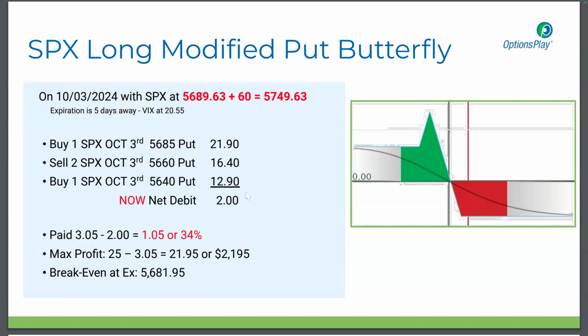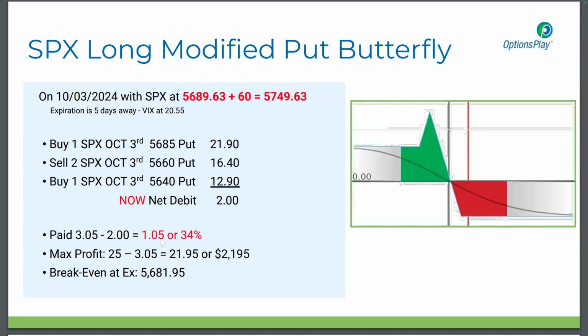So if I did this trade, and the market went up 60 points as of today using real market prices, the net debit would be $2, meaning that we'd be down 105 on the trade, or about 34%. I may not adjust it at this point in time, but that's a pretty big percentage loss. If you've got a fairly large position on a 10 lot or a 5 lot, that's going to hurt, right? So at that point in time, do you want to adjust and realize the market has now gone up and you've got momentum to the upside?